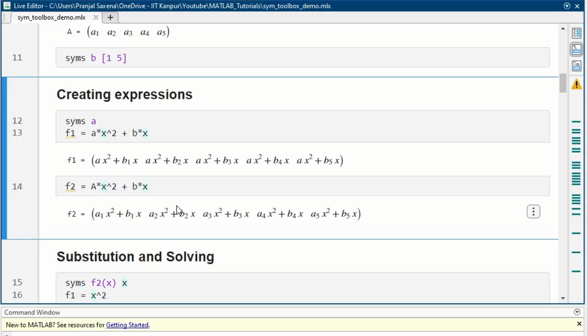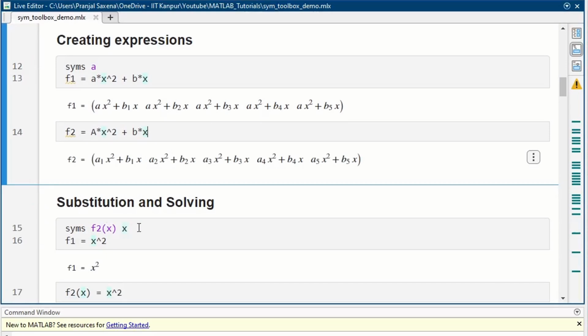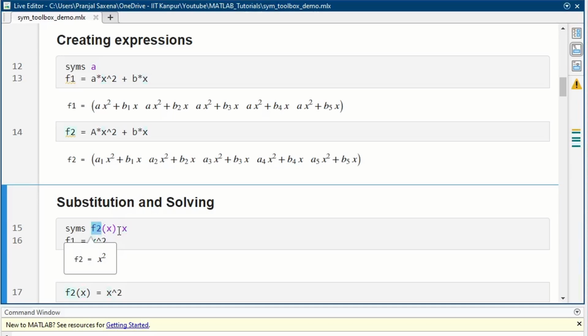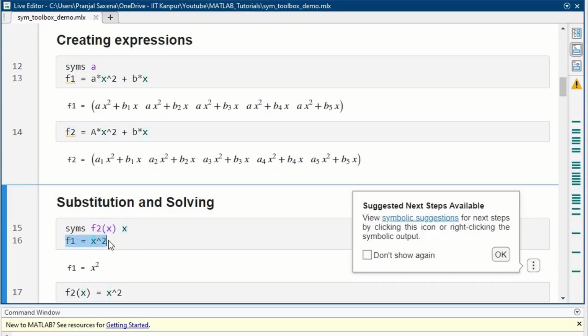Now after defining these variables, how do we substitute and solve this? These are 2 types of variables that we can define. First is a function which is a function of a variable. f2 now is a function of x and x itself. So if I write f1 is equal to x squared